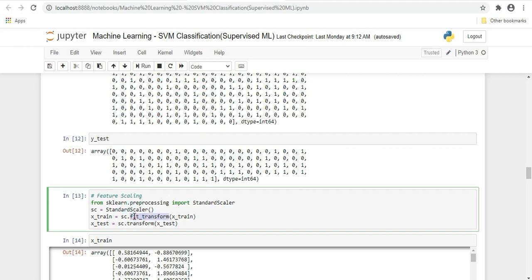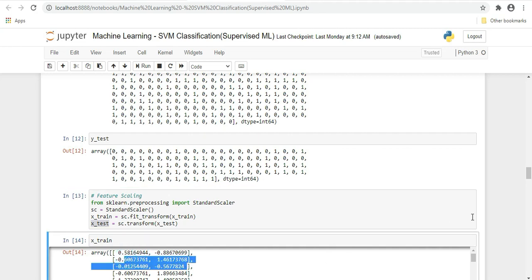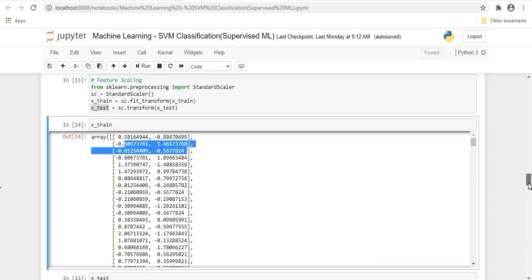After fitting and transforming the value of x_train, we will store it into the same variable x_train. Second one, the scaler StandardScaler.transform on x_test, again stored into the same x_test. So after fitting and transforming, this is the value of x_train, and this is the value of x_test.